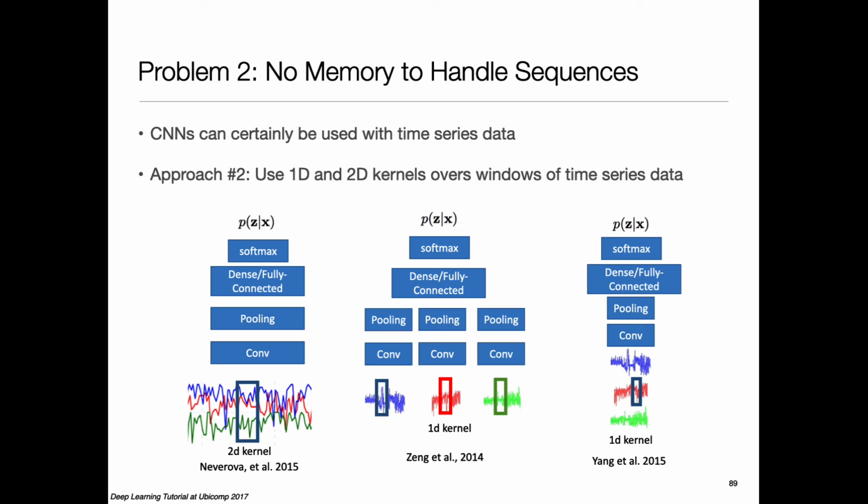Oftentimes people use probabilities that are output by softmax as a degree of confidence. Let's say I had 4 categories and one of them said 0.95 it is a car, and the 0.05 is distributed among the others. Then I can take that as a strong result, so I can go for it. On the other hand, if something says 0.55 it's a car and 0.49 it's a scooter and so on, then I would be more ambivalent about it. So that's one way of doing it, except that probabilities are not quite the same thing as confidence.